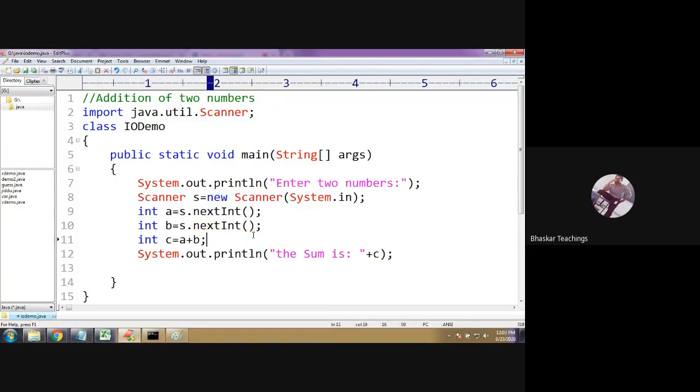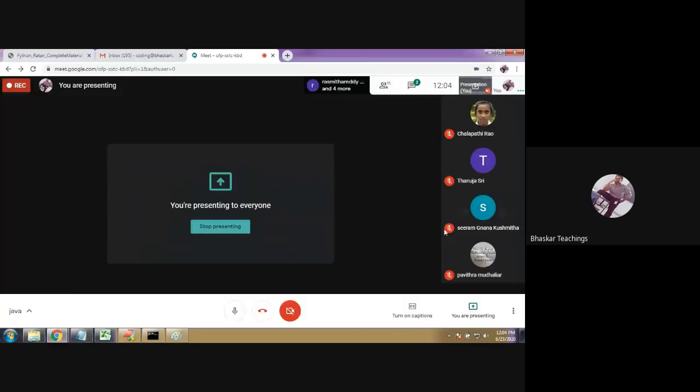Fine. So not only the nextInt method, till now we used something like the println method. We used the println method to print statements to the output, right? println also doesn't belong to our class, doesn't belong to our program. Then why didn't we create any object for println, and why didn't we import any class for println? That is her doubt. Very good doubt.